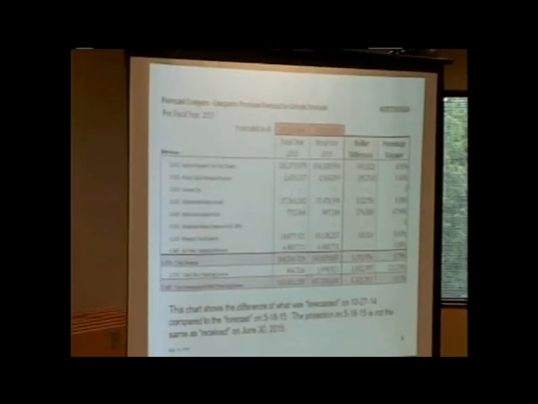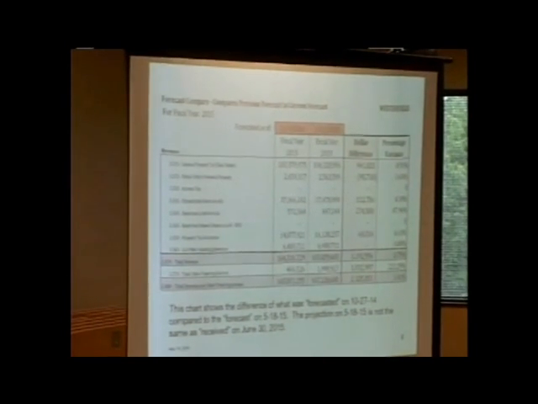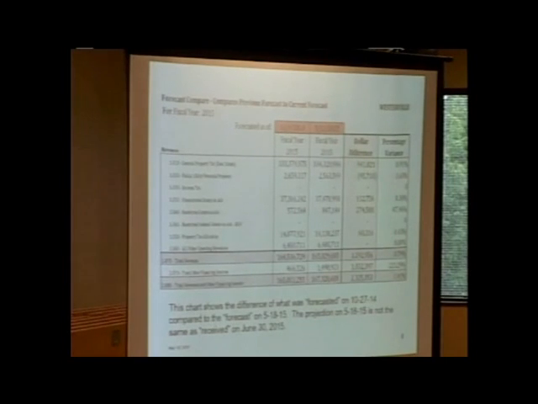You can see basically for the funds, we were up $2.3 million, and really the biggest players were the real estate tax and other revenue. So we're up $2.3 million in revenue from what we said we were going to do in October. This was just kind of a summary page.